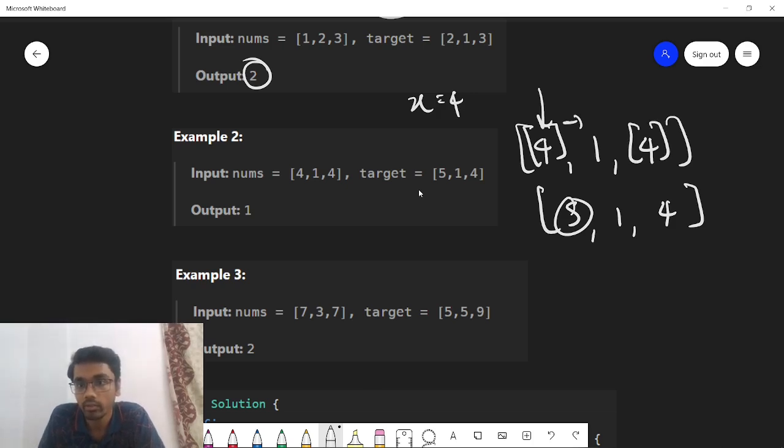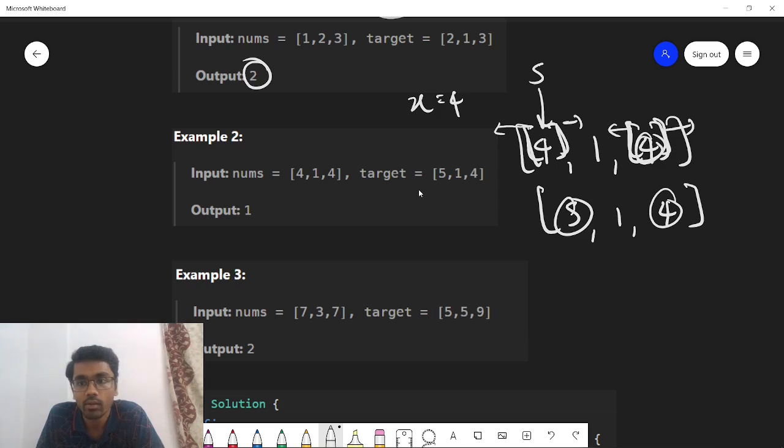Now you cannot extend this towards right or left to find more such 4s contiguously, and similarly you cannot extend this to right or left to find more 4s contiguously. So in this case we have two segments till now. In this we will convert all the values to their corresponding target value. So 4 will be converted to 5, and this 4 is already there,